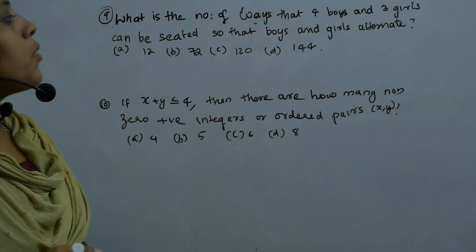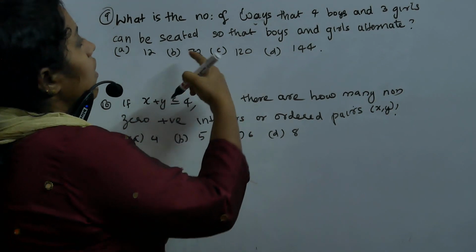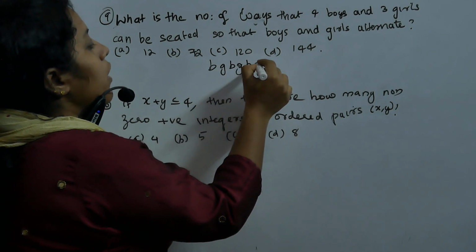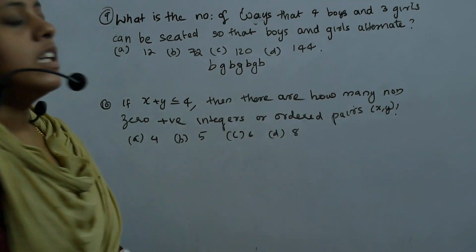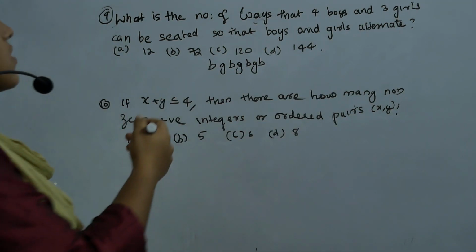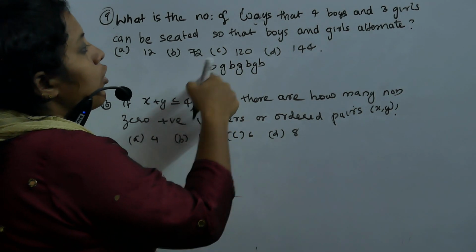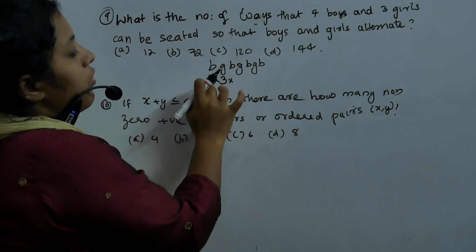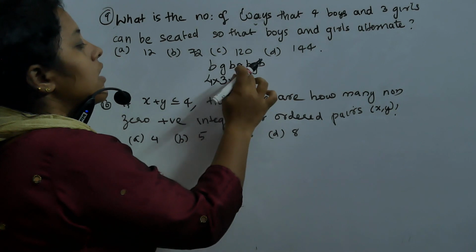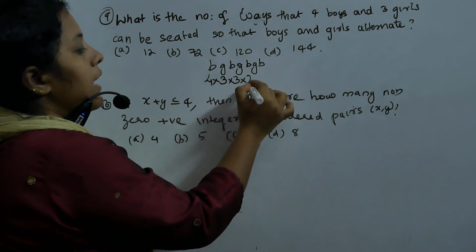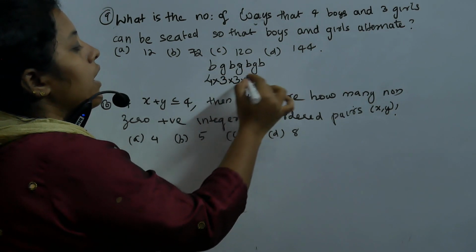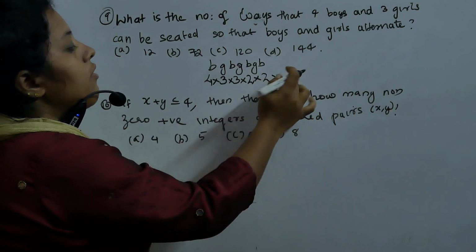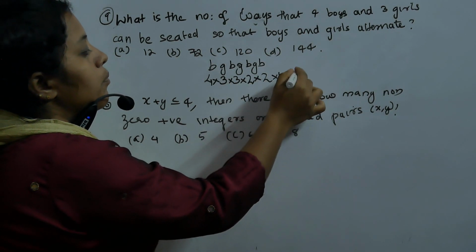Okay, so suppose we start with the boy. How many are there? 7 are there. Boy, girl, boy, girl, boy, girl, boy, because 4 boys and 3 girls, like this it will come. Okay, so see how many possibilities are here. 4 boys, no? So 4. Then how many girls? 3. Now here boy 1 is here, so here 3. Then girl 1 is here, so remaining 2. So then again boy remaining 2 because 2 seated here. Then girl 2 seated here, so 1 girl. Then again 1 boy. Understand?